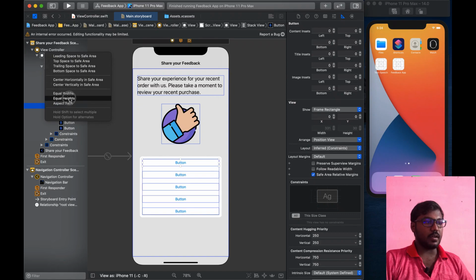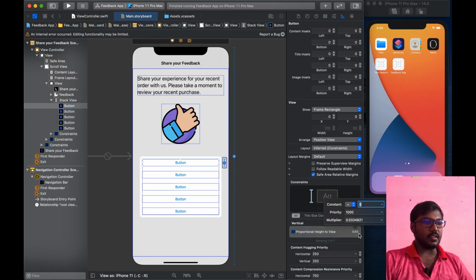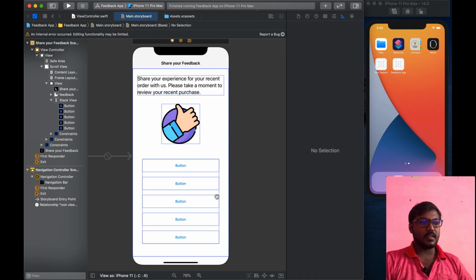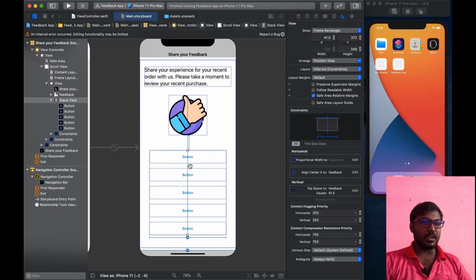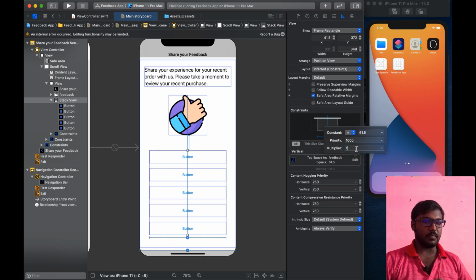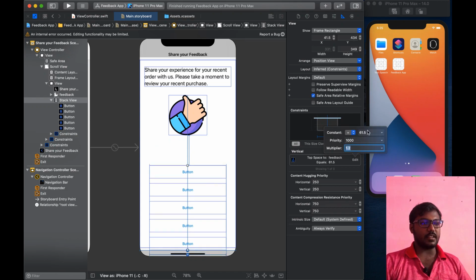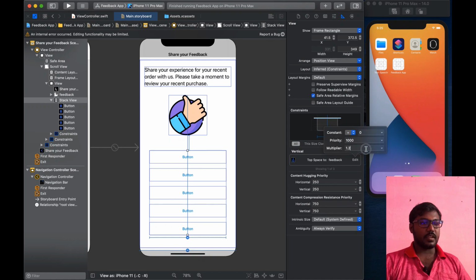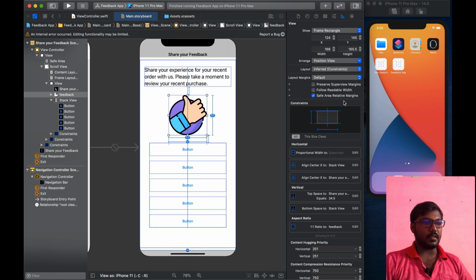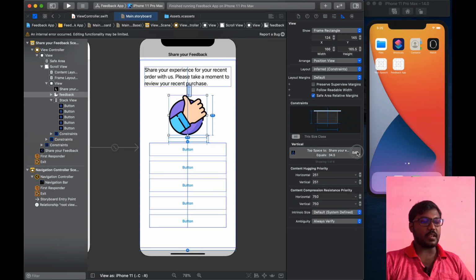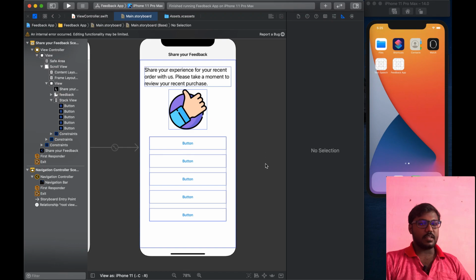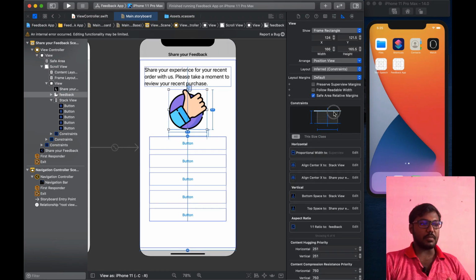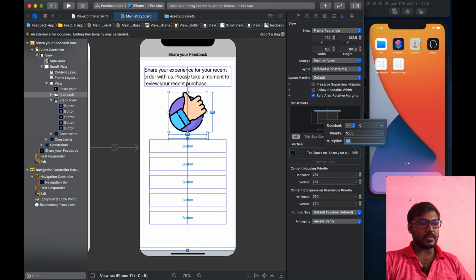Now I am going to set the height constraint for the first button. If we do it like this, we don't need to set any custom height or stack view height. We don't need to do that. That will be automatically designed by iOS. So when we set equal distribution, fill equally, and then set the height for the single button, that will be automatically set for all buttons.